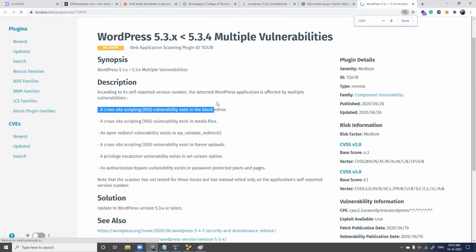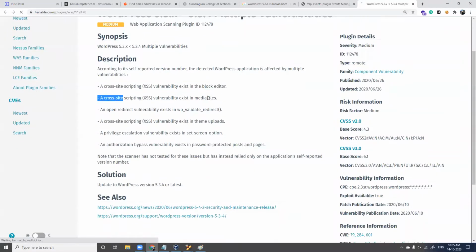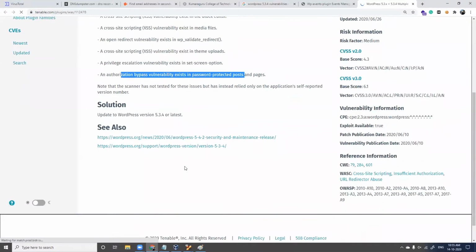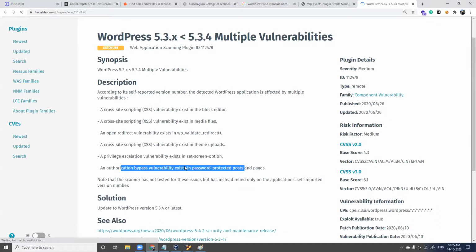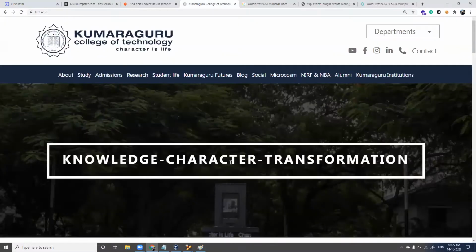It is vulnerable to cross-site scripting, privilege escalation, authorization bypass vulnerability, so many vulnerabilities. So what I'll do as an attacker, I'll use these vulnerabilities and try to exploit them, because I know this particular version of WordPress is vulnerable to these attacks. And if I try all these attacks on this particular target, it is for sure going to work.